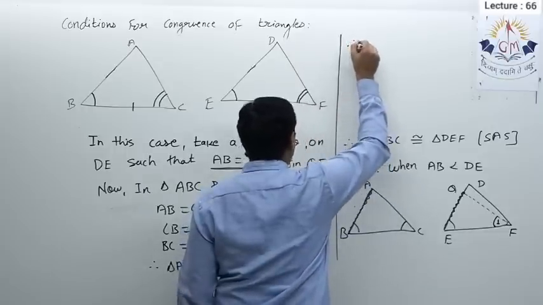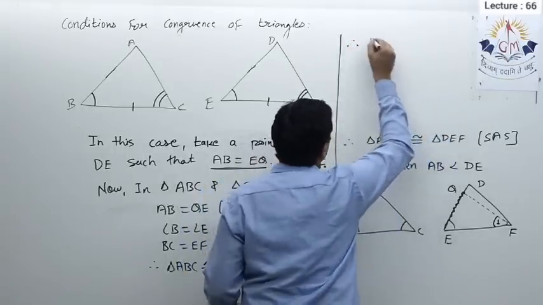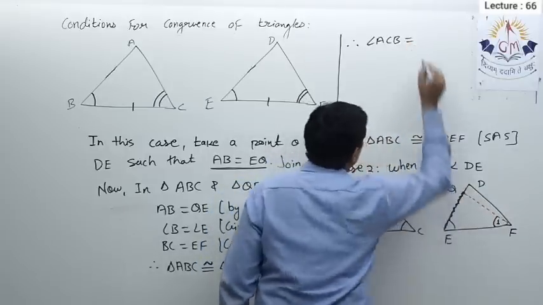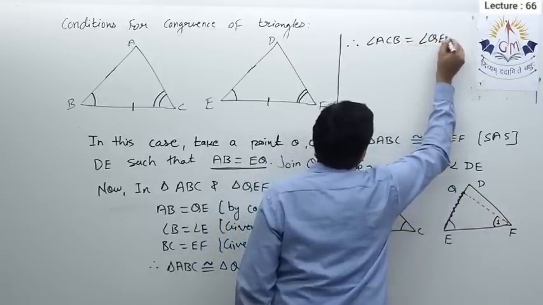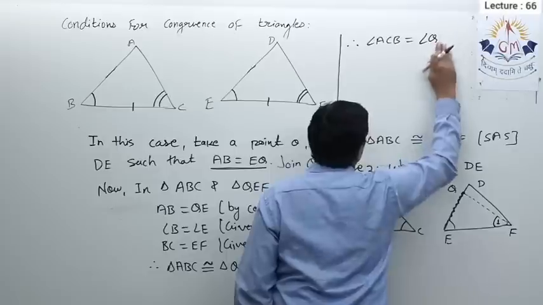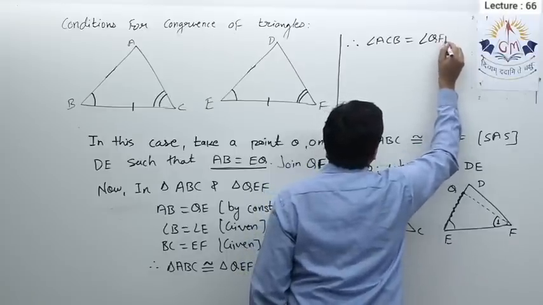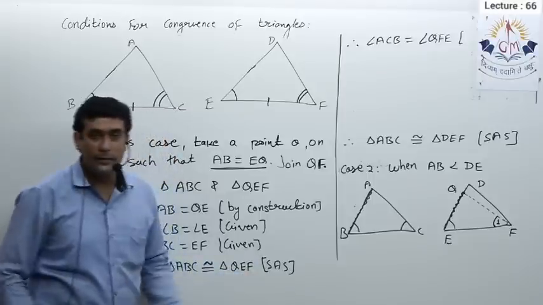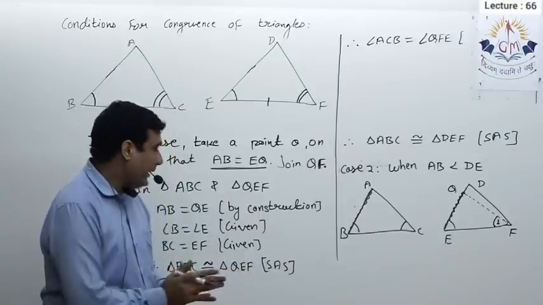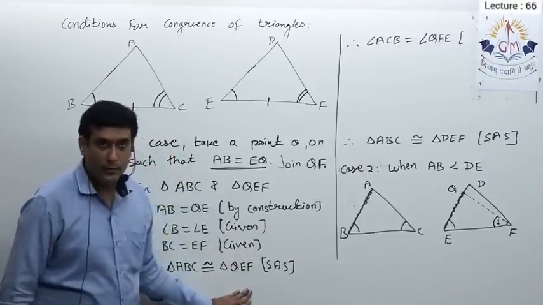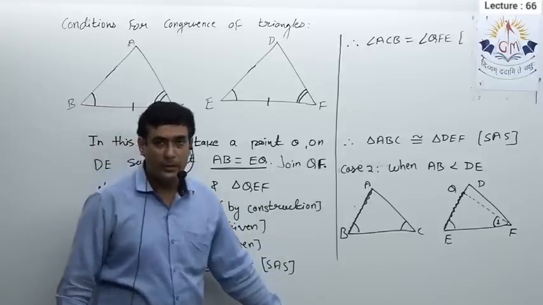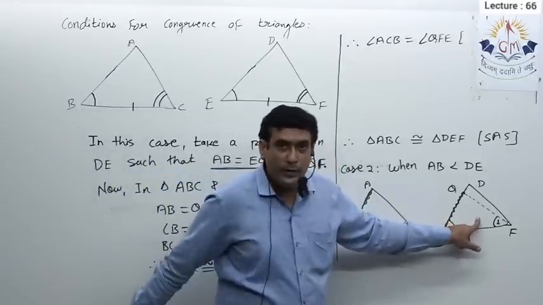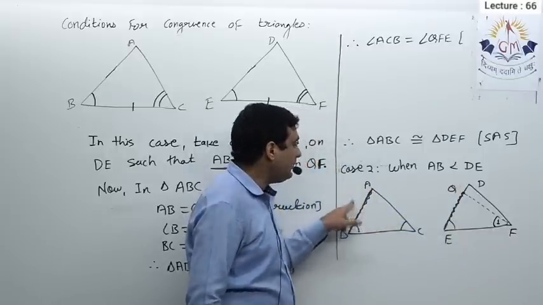So therefore, I can write angle ACB is equal to angle QFE. And what is the reason behind this? Why are these two angles equal? See, again I am repeating, because the triangles are congruent, therefore their corresponding parts will be equal. So as these triangles are congruent, we proved right now, definitely we have the right to write that